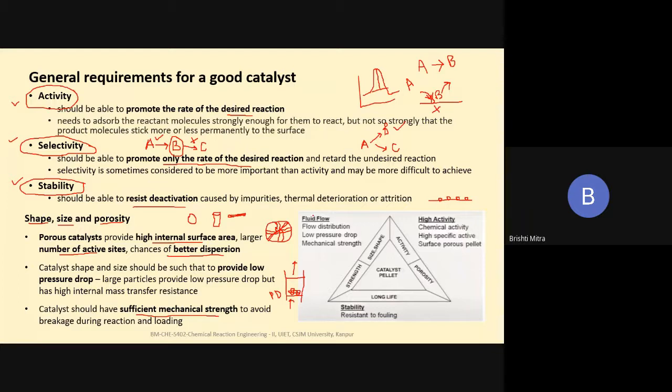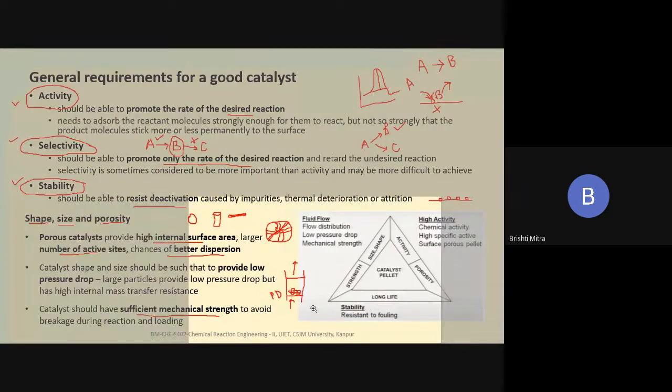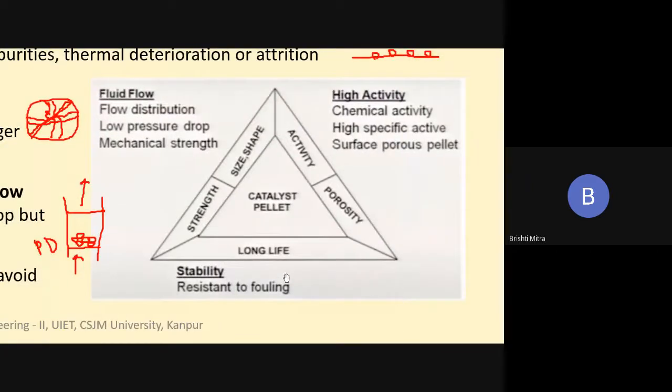So if you look at this picture, let me just blow it up a little bit. So this is my catalyst pellet. The activity of the catalyst is important. It should be highly active for a particular reaction. The porosity of the catalyst should be sufficiently porous, which will give high chemical activity, high specific activity. Specific activity means it should have a high selectivity, which we call. And there should be a surface porous catalyst. Then comes the